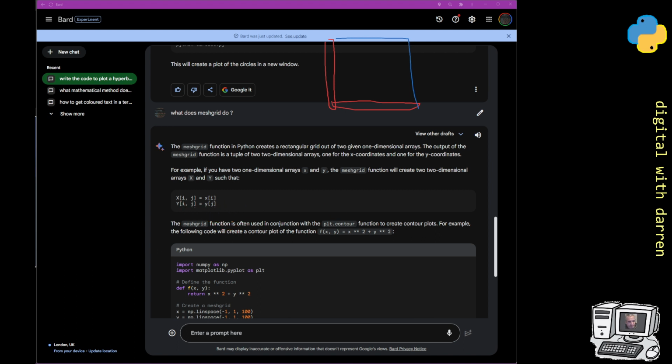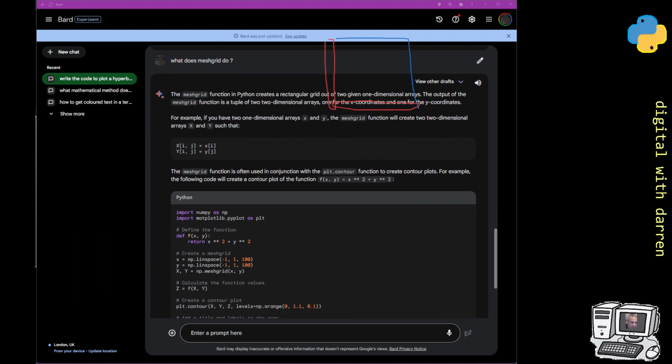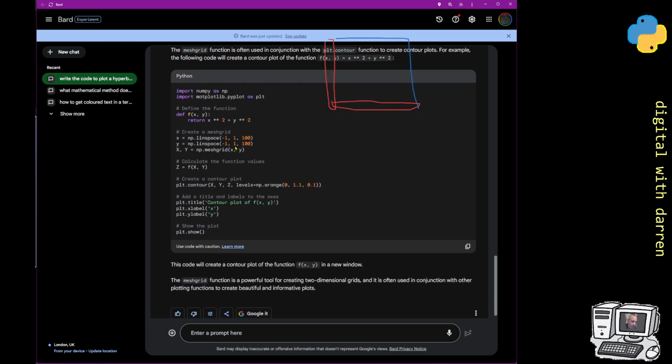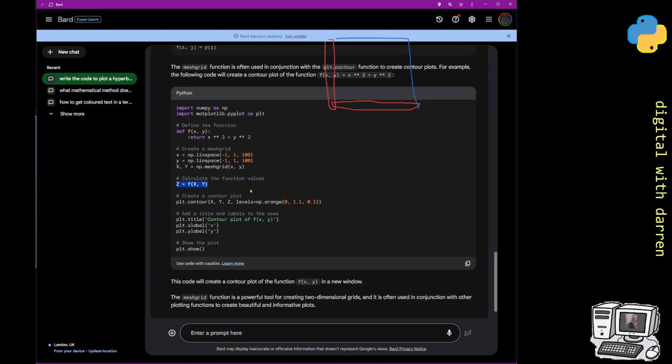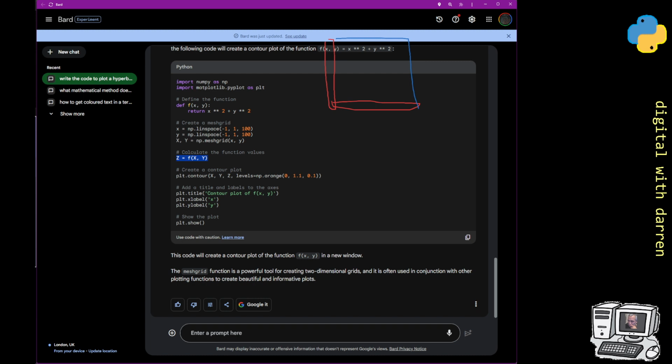Okay. The meshgrid function is often used in conjunction with the plot.contour function to create a contour plot. For example, the following code. The one question that I have here is what is j here, because Xij, is j every value or not? So that's an interesting one. Calculate the function of values there, z equals k. So that's the final part, the fundamental last question, because I'm trying to get my head around that myself,